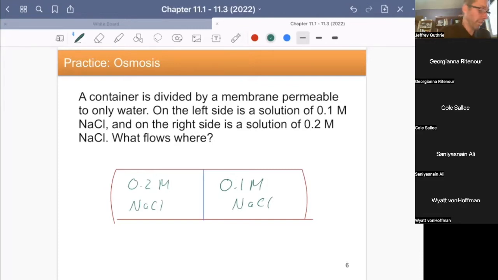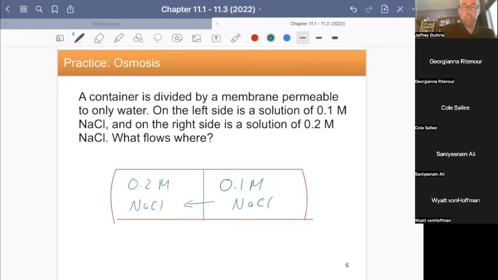And that would be correct because, again, since only the water can move, the only way to make these 2 concentrations on either side equal is if the water would move, right, from right to left. Right, so eventually,